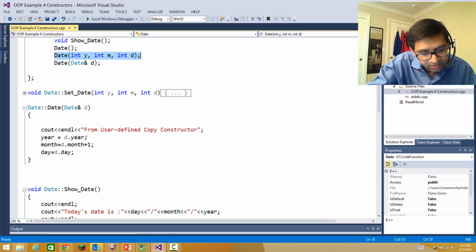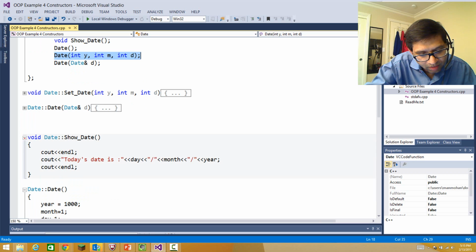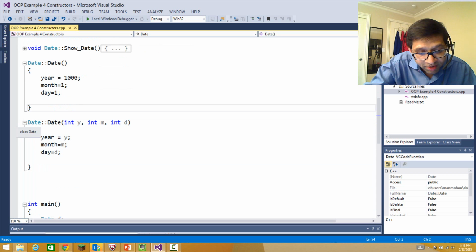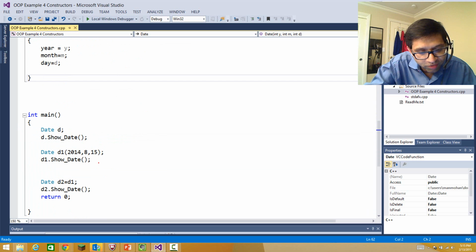So you see, this is the code of the date constructor. I'm setting the default values to year, month, and day. Default value set कर दी. Year is 1000, month is 1, and day is 1. So it's 1st January 1000 year. And then if it's a parameterized constructor where I'm passing the values of year, month, and day, I'm setting that to data variables. So how we call it from the main function, we create an object of the class,